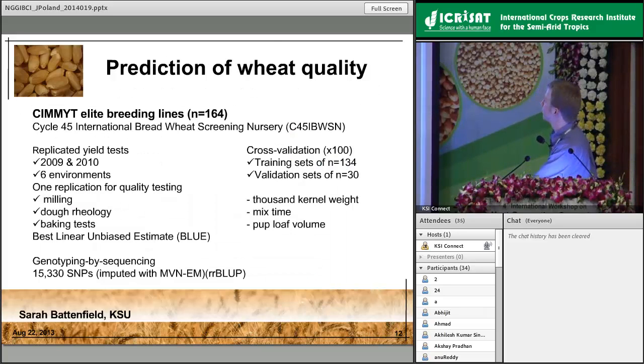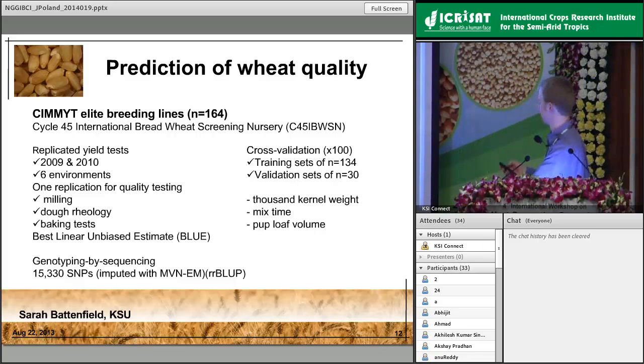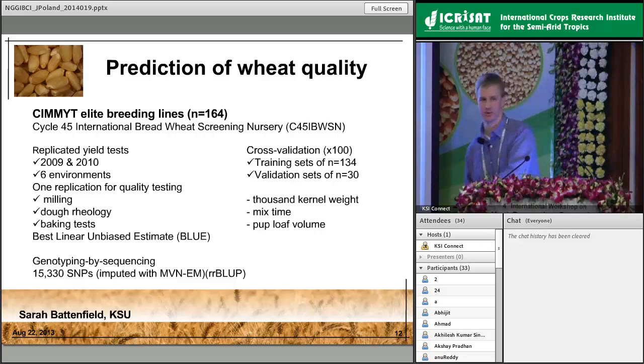So to look at other traits, and here again for genomic selection, the real payoff is that the more expensive and the more difficult the phenotype becomes, the more valuable it is to get prediction with genomic selection. A great one in wheat is obviously quality, where we think about milling and baking quality parameters. This study I highlight here is on CIMMYT bread wheat lines, and these again were from replicated yield testing. So we ran GBS on the same set of material,